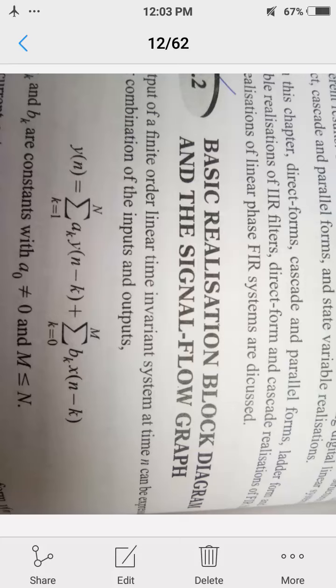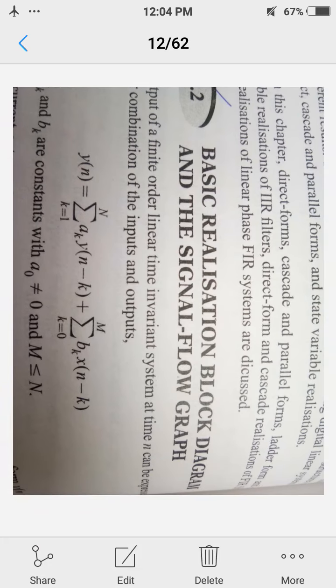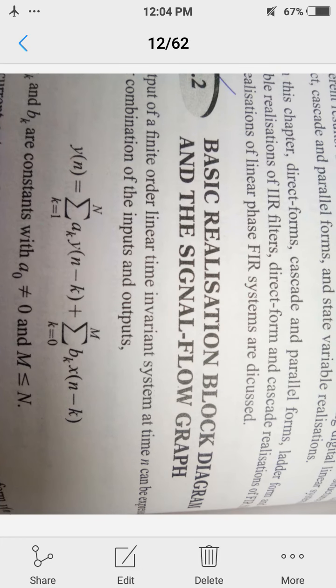Students in DSP, we are going to discuss our fourth unit topic, that is the realization of digital filters. We have seen various types of filters, IIR filter and FIR filter, Butterworth, Chebyshev filters. We have seen maximally flat filter responses. For the design of the digital filter, the system function or the impulse response should be